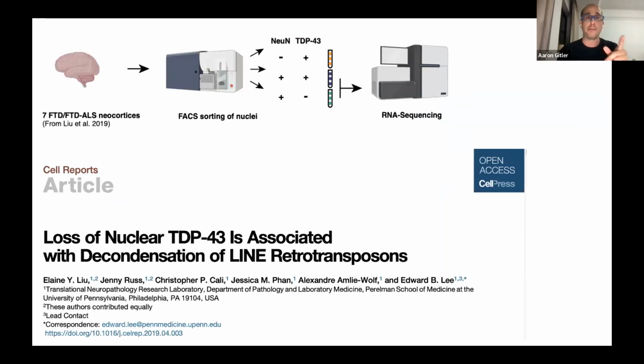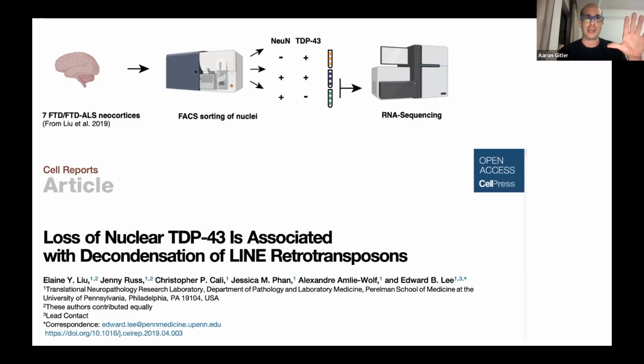And what Rosa did, this was all during COVID lockdown where we couldn't go into the lab. We could just stay home and read papers and analyze data. And that's just what she did. She read this paper. It's a very important paper from Eddie Lee's laboratory at the University of Pennsylvania. And what he had done was he took